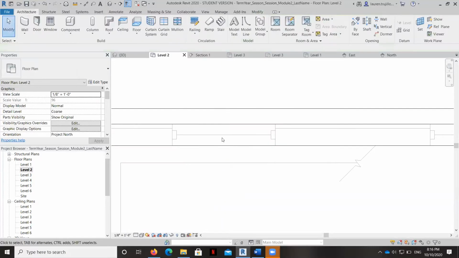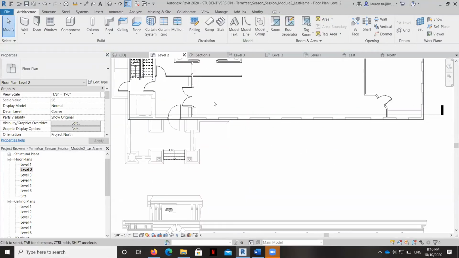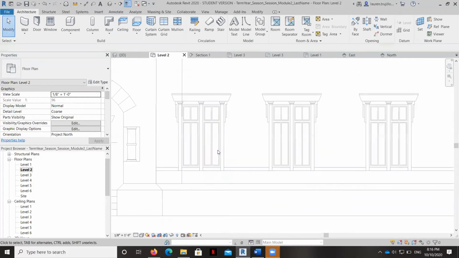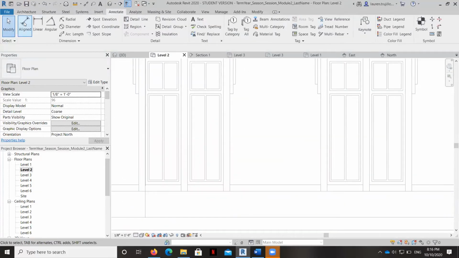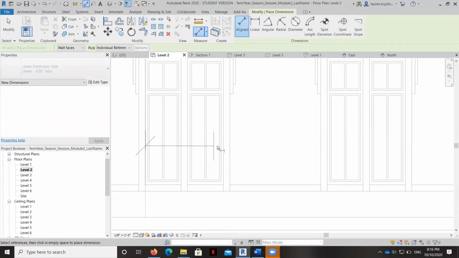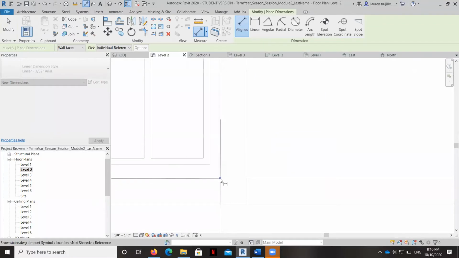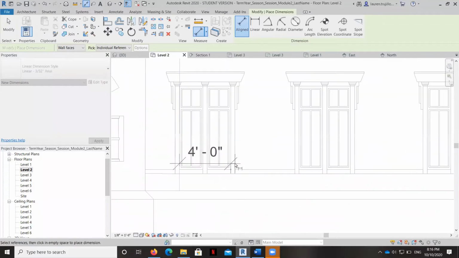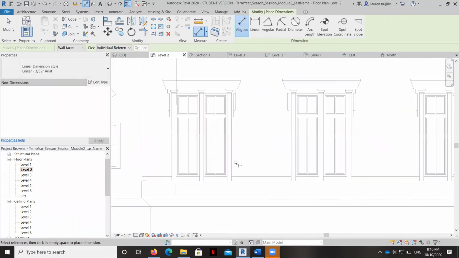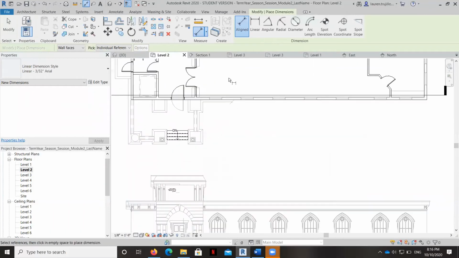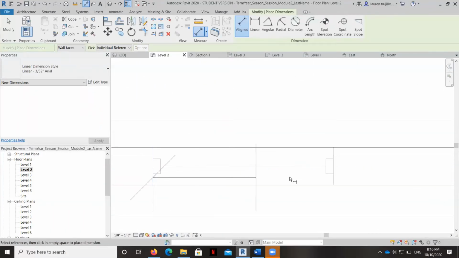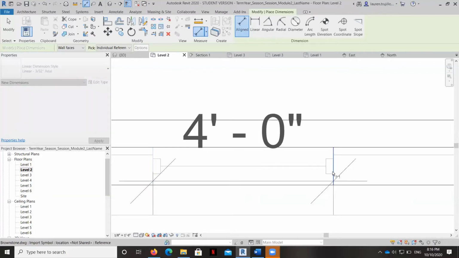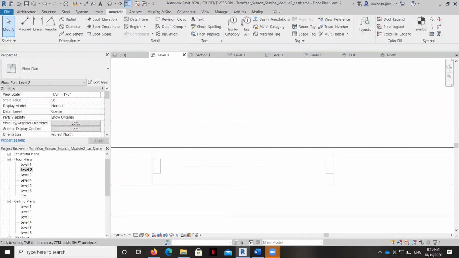So I'm going to hit escape for right now. I'm going to take a look one more time. And let's go ahead and just see the width of the window, the glass, the glazing is the technical term. So that's a 4 foot window. How large are they here? Aha, so we need a 4 footer.